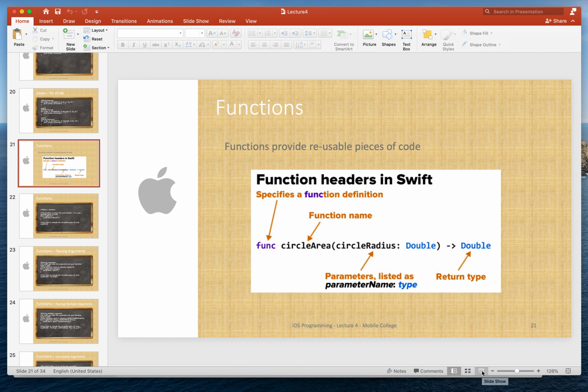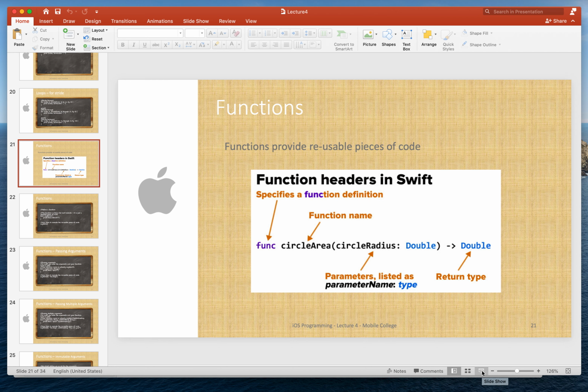It could be that you open up an HTTPS connection and then you perform a cert exchange to validate that it's actually the right server you're talking to. It could be injecting some common headers in each and every request. And your app, as it grows, can go from 10 service calls to hundreds or thousands of service calls. If you're just repeating the same code every place you have to make the service call, that's just too much code to write. So functions provide the capability of having reusable pieces of code that you can just tap on